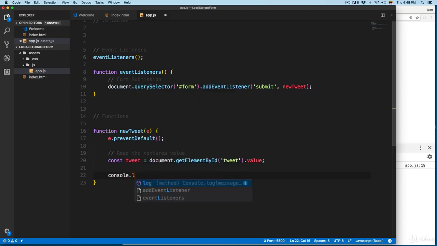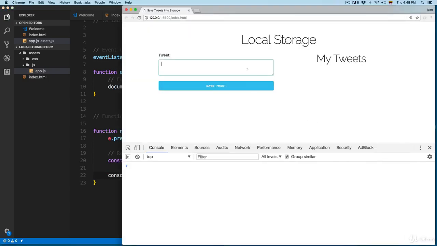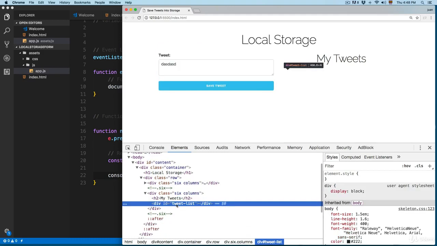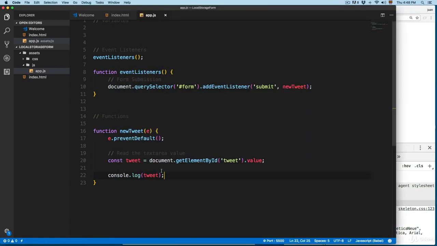So we're gonna console.log this tweet. Save this and type something here and add save tweet. And you can see that we have the same value. So each of these are going to be inserted right here on the my tweets. My tweets has a list, a div called tweet list that is empty, and we're gonna create the elements using JavaScript. So we're gonna remove this, and we're gonna create